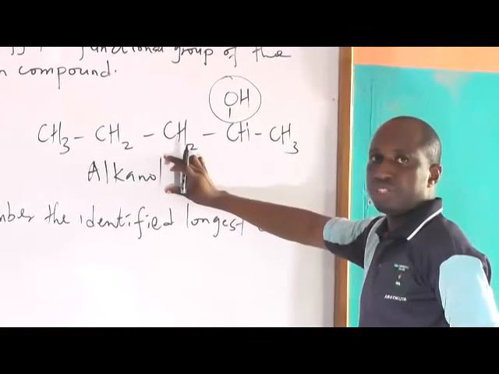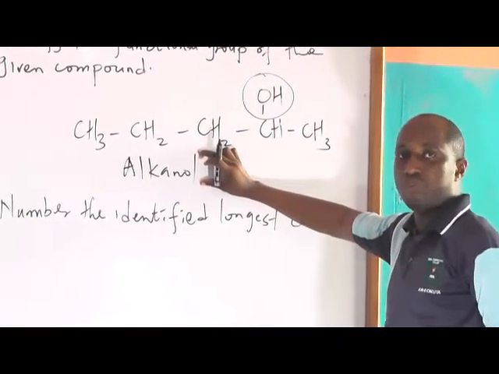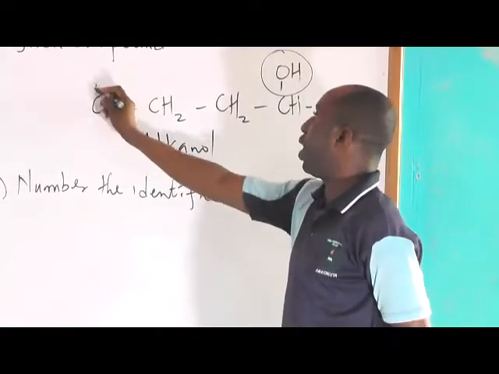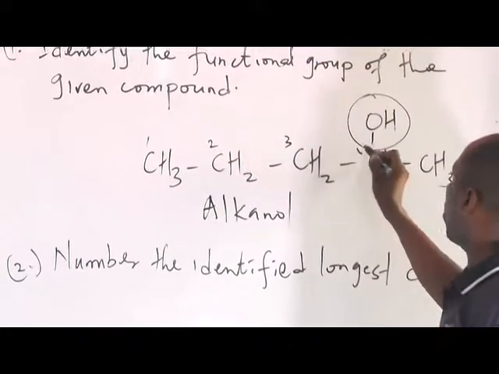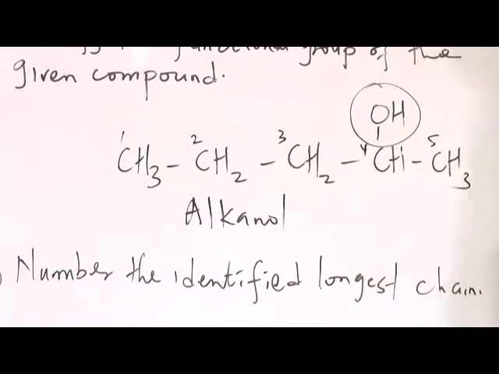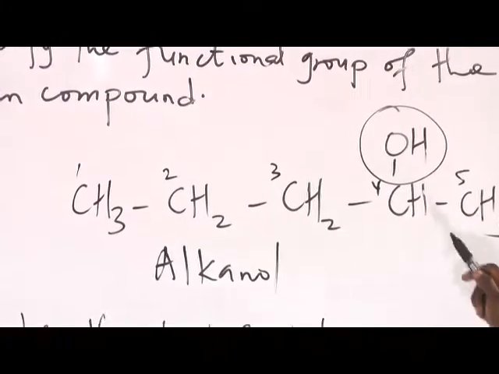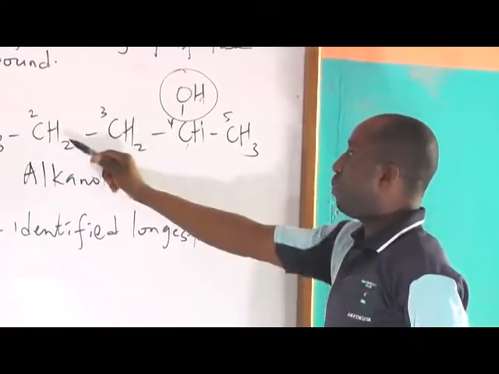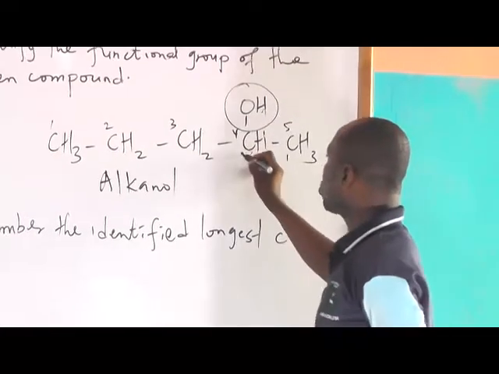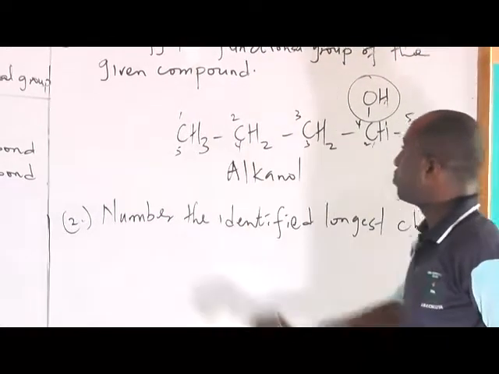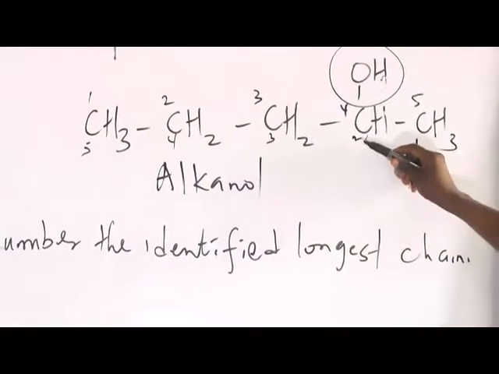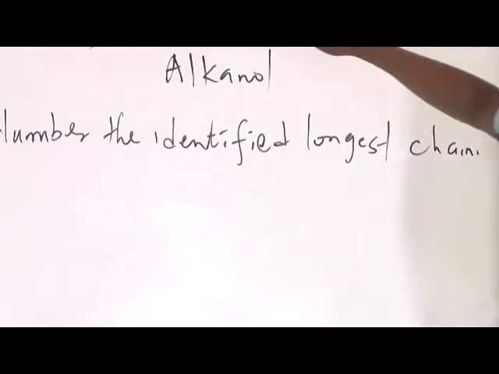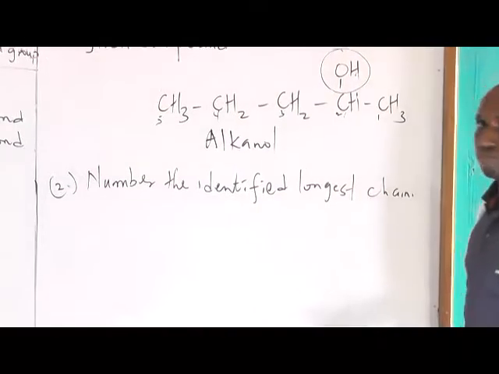We have been able to establish that this compound belongs to the alkanol family. Okay? Now, if you have to number the identified longest chain there now, we start by saying 1, 2, 3, 4, 5. So we have 5 straight carbons in this compound. But look at your hydroxyl group, the OH is attached to carbon number 4. So I've numbered it this way, then if I number it backward as well, 1, 2, 3, 4, 5. So now, by numbering it backward, it shows that the OH is attached to carbon number 2. So in this case now, we will favor the backward numbering.